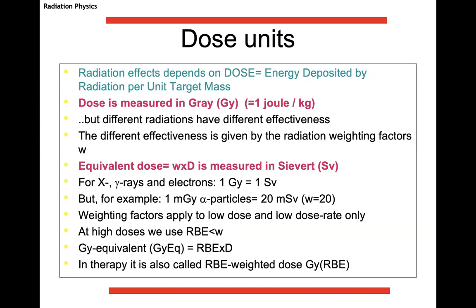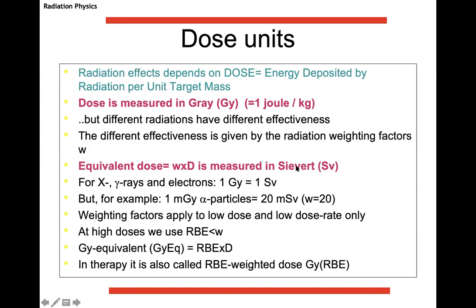So the dose, as I said, is measured in gray. But there is one important thing that you have to understand immediately for those that don't know. Not all types of radiation have the same biological effects. The dose is a purely physical quantity. So you can have 1 gray of alpha particles, 1 gray of X-rays, 1 gray of beta particles, 1 gray of whatever. To distinguish between these different radiations, people invented a new quantity called sievert.